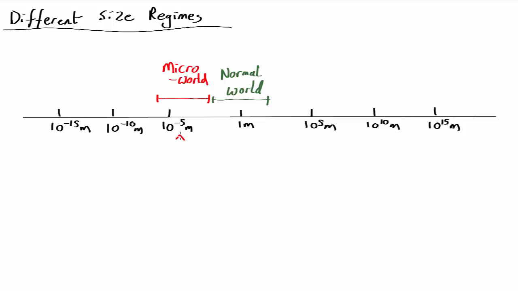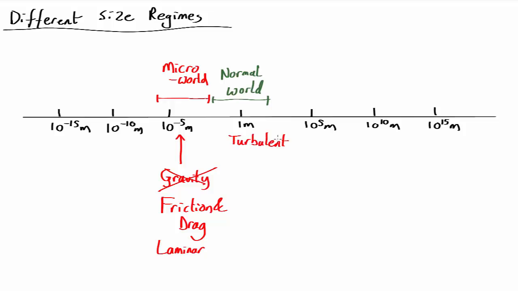And here we've seen that gravity is irrelevant, mostly. Friction and drag dominate. The Reynolds numbers that we talked about elsewhere in the course mean that everything is very laminar, whereas up here in the normal world flows are usually turbulent. Everything has a very large surface area compared to its volume, so things tend to be in thermal equilibrium. So this, if you like, is the world of dust grains and pollen, mosquitoes and bacteria, and they live in a very different world from us. This being the world of elephants and cats and people.